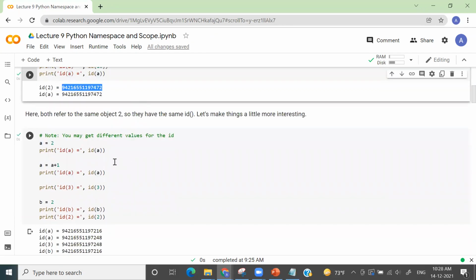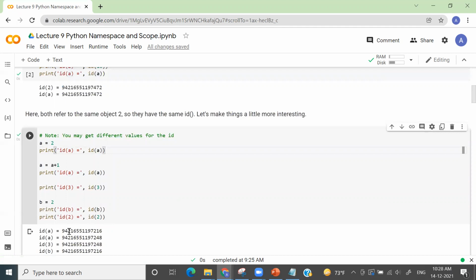So here you'll see that there are certain assignments we have done. Here A is equal to 2. We want to check in which particular memory address 2 is stored. We did id A, and that gave the address of 2. Now this is a bit tricky. Here we are doing A equals A plus 1.